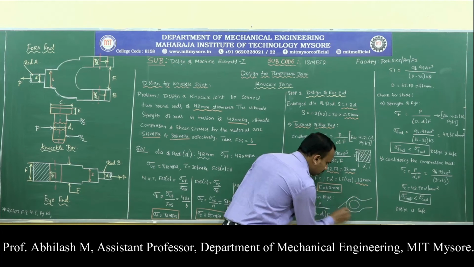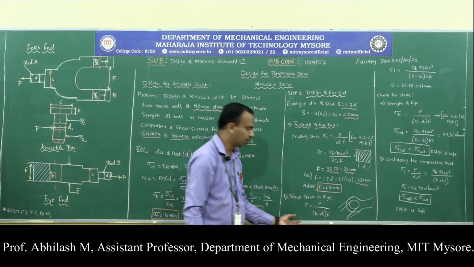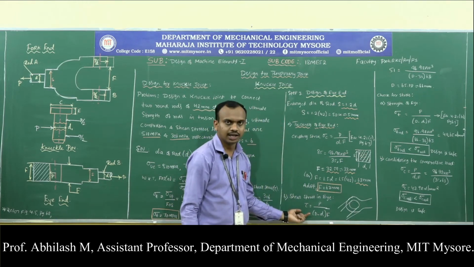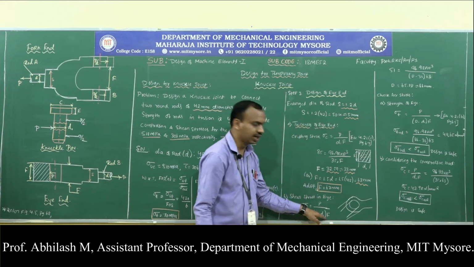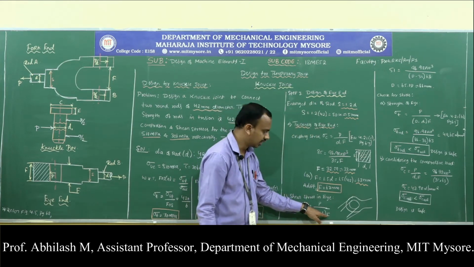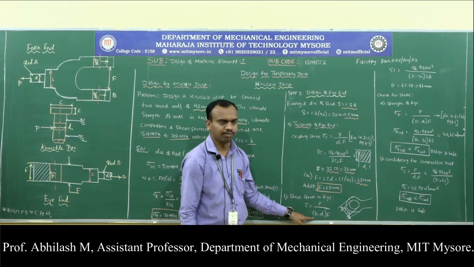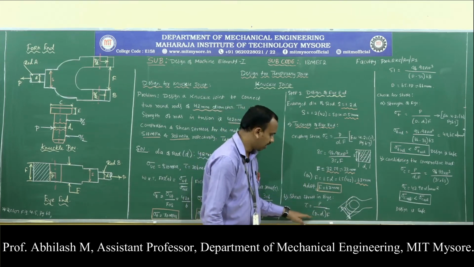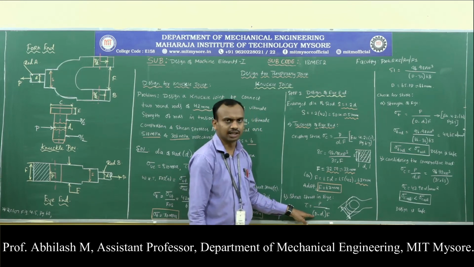So I want this particular area minus this area, into the thickness, will give us the value of the eye end area. So the area is (D minus D1) into F. F is my thickness, D is the major diameter, and D1 is the diameter of the knuckle pin. I know all the values except this major diameter D. Substitute and calculate the diameter.